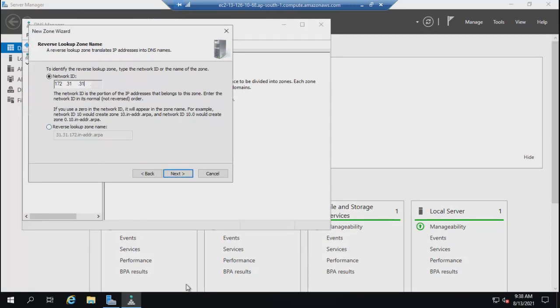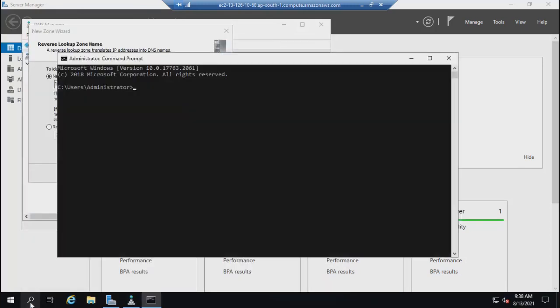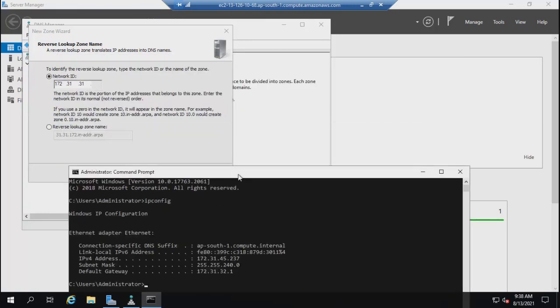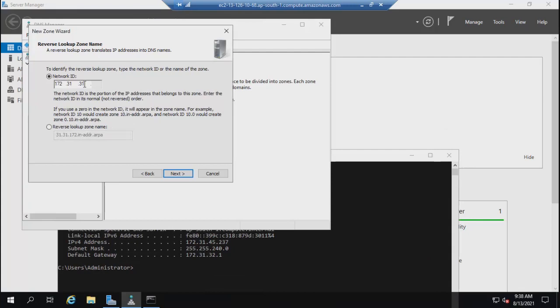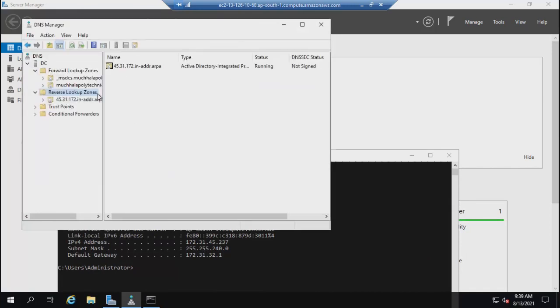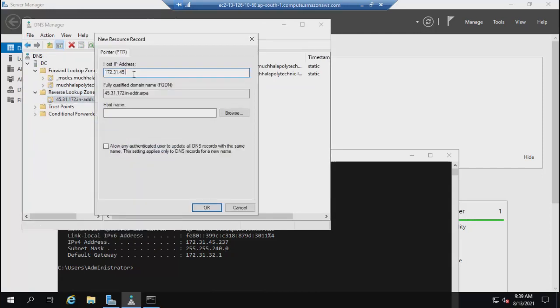Just a minute. I'll make it 45. Next. And here I will add a pointer record 45.237 because that is my domain controller.